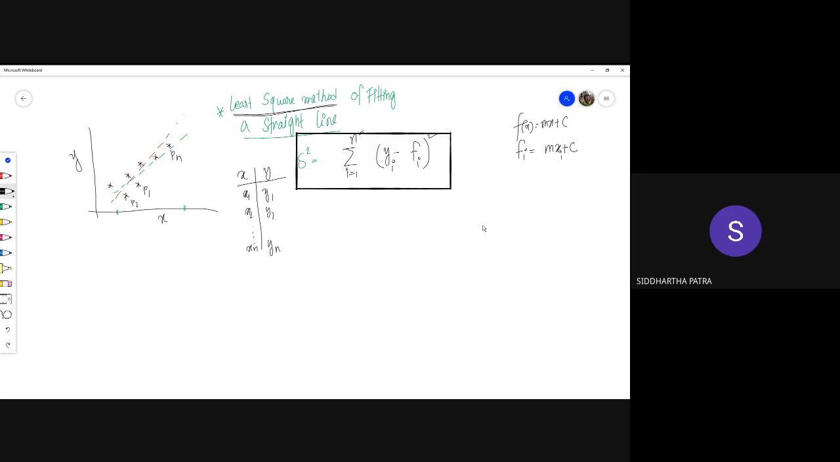The resistivity changes with temperature. Temperature changes with electric current. But you can more or less assume that the voltage and current variation should be more or less linear. Okay. So it also depends on your judgment, whether you are trying to fit a straight line or a parabola